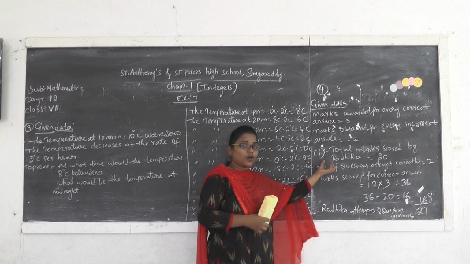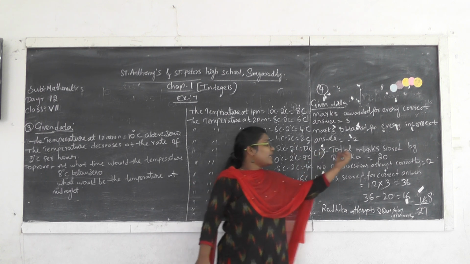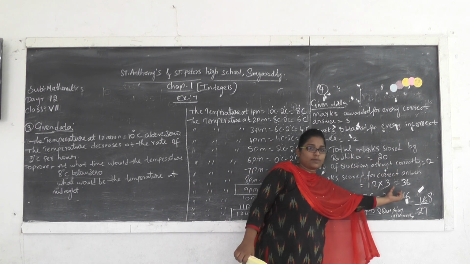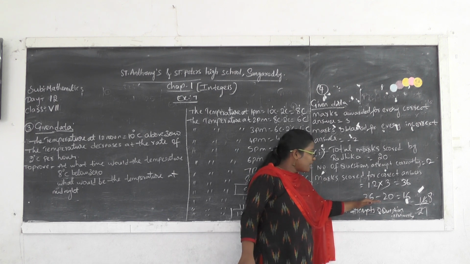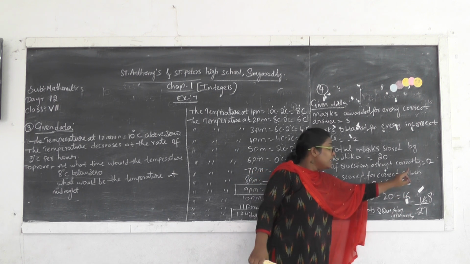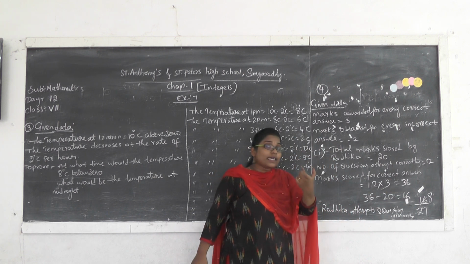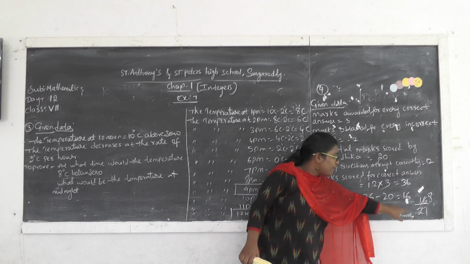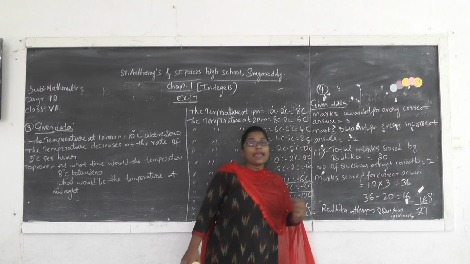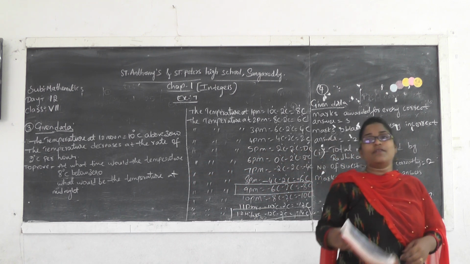So, total marks scored by Radhika equal to 20, number of correct questions equal to 12. Since she wrote 12 correct answers, she should get 36 marks. But she got 20, means how many marks reduced? We have to subtract 36 minus 20, 16. These 16 marks were reduced because she wrote incorrect answers. For one incorrect question it is 2 marks, right? So 16 divided by 2, 2 eights are 16. So 8 questions she attempted incorrectly. That's why her score is only 20 marks.